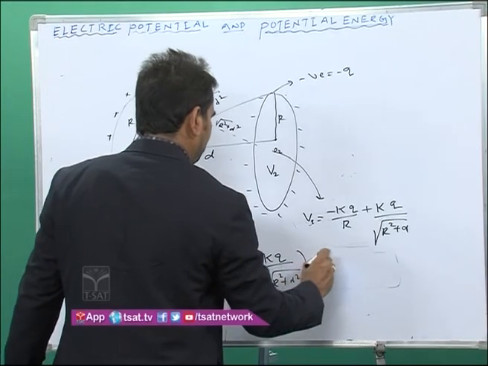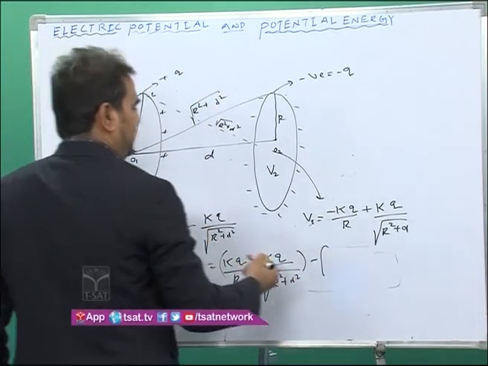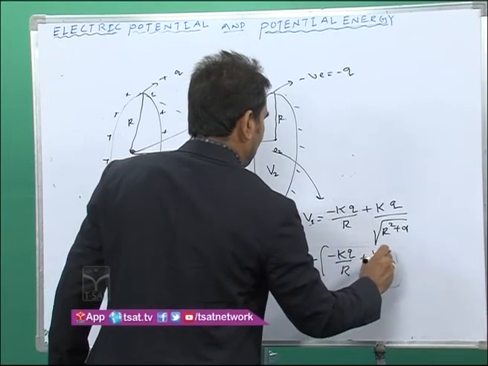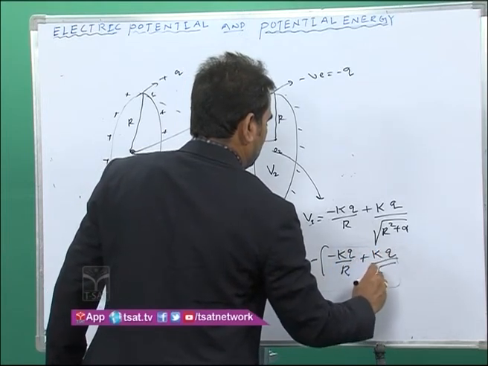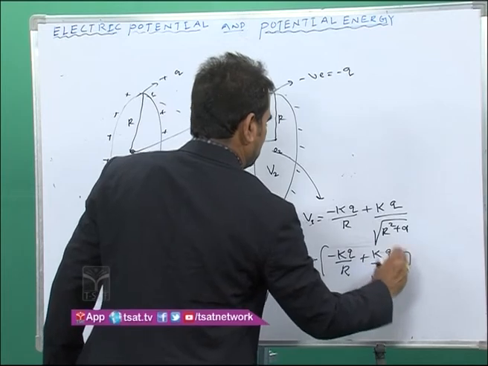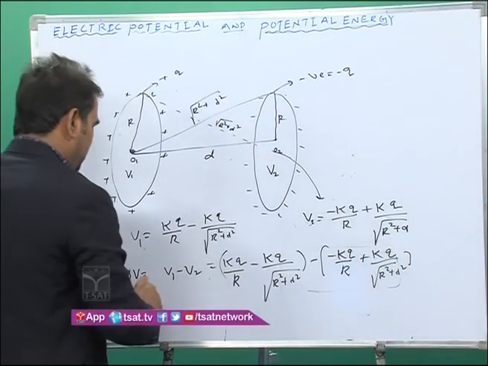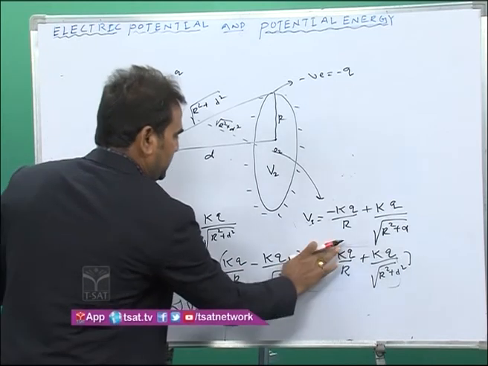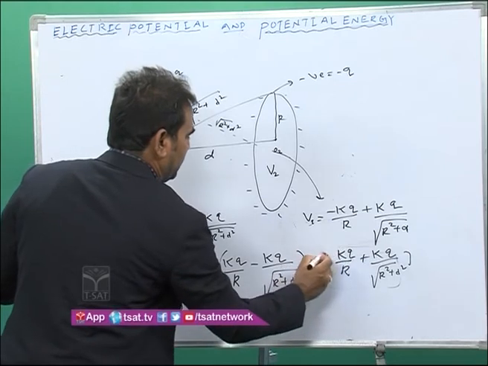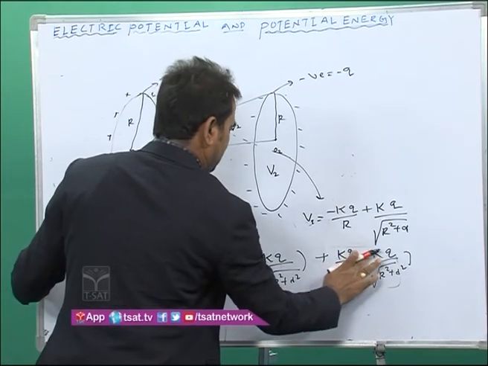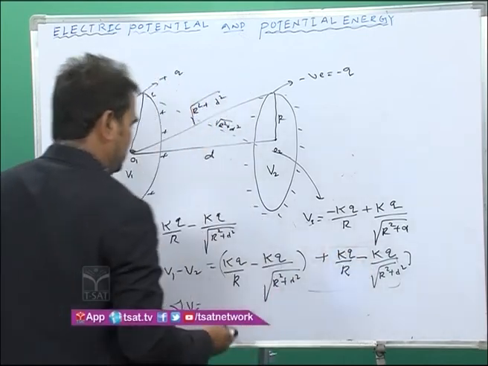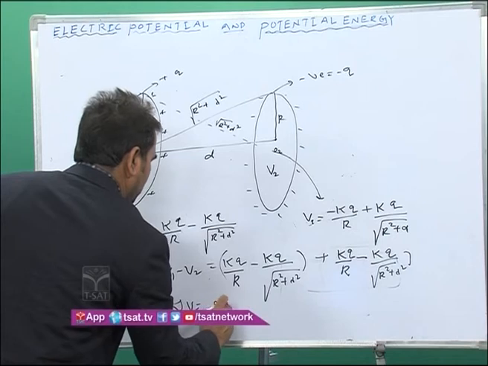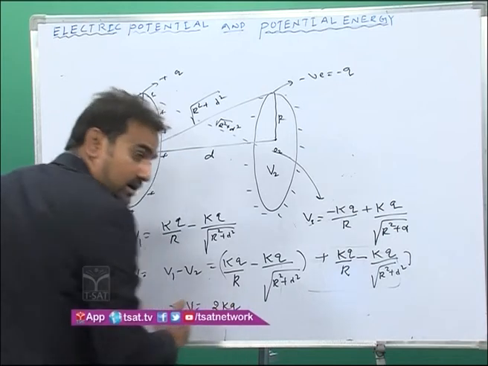The potential V2 is minus KQ upon R plus KQ upon root over R square plus D square. Therefore, delta V is equal to KQ upon R minus of minus, which I am writing plus KQ upon R, and minus of plus, which is minus KQ upon R, that is equal to 2 KQ upon R